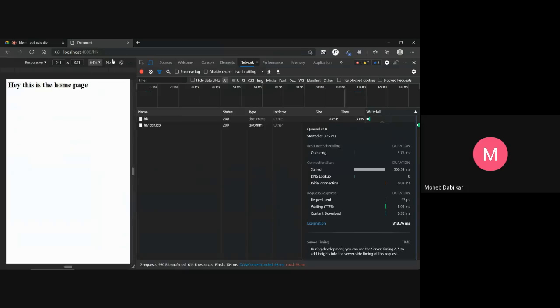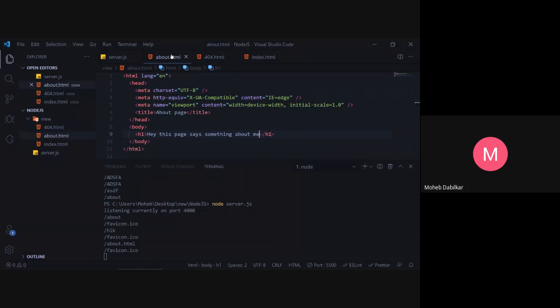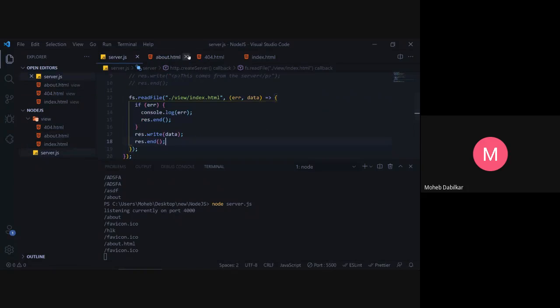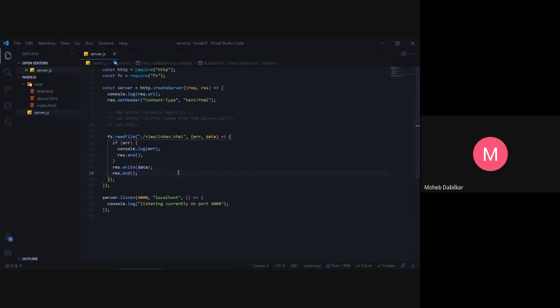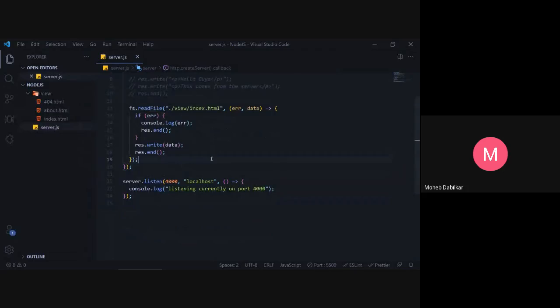Okay, so now we can't access this actually, because if you go to about.html, it should render still the same page, because we have not told it yet to show which page or which page not to show. So let's just stop our server, and let me make this a bit small. Okay, let's just keep it big so that you guys also are able to see.